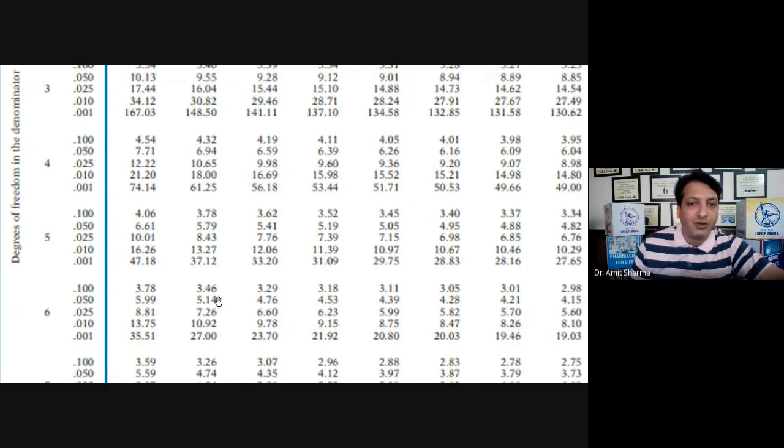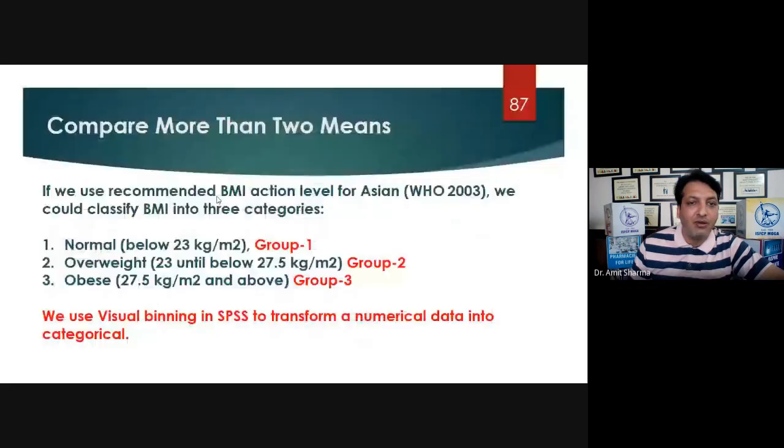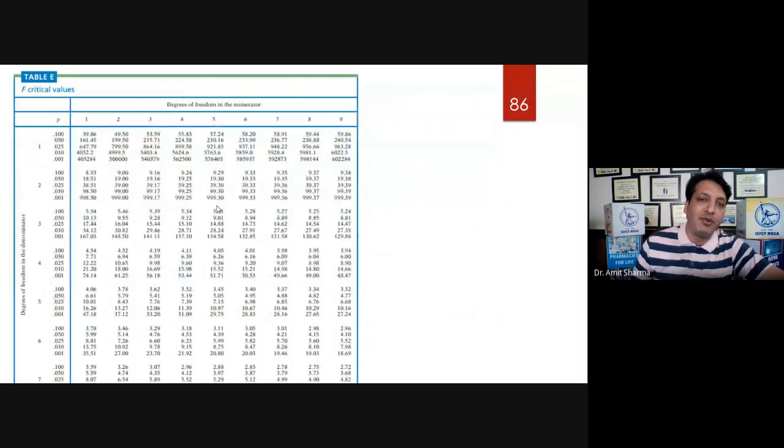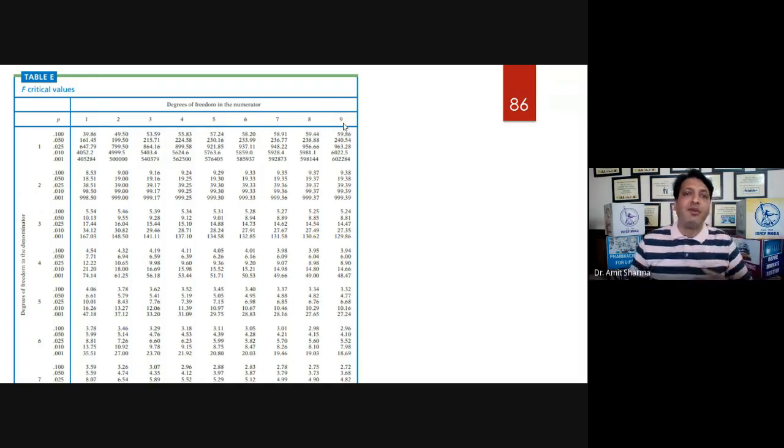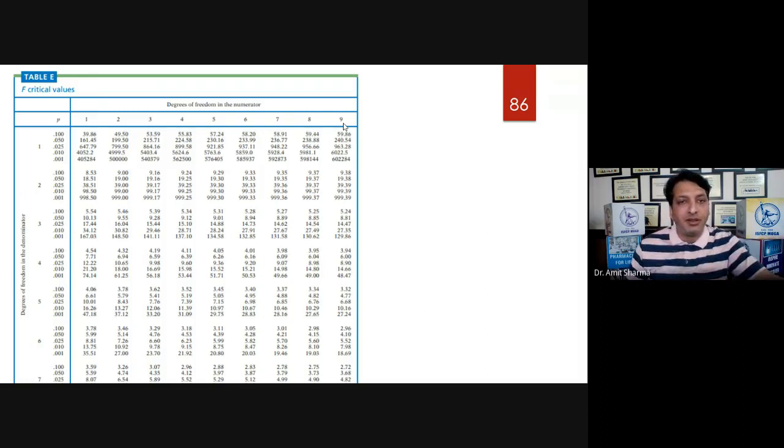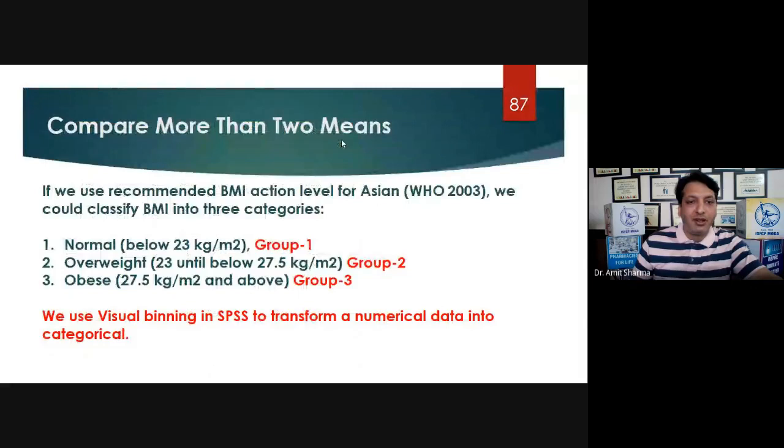Clear? So you can use this table, and you can download the F distribution table from the internet. It will be easily available. I have shown degree of freedom values up to 9, but whenever you search on the internet, you are going to get a big table where you will have values up to 30, 40, and 50 for the numerator and for the denominator also. So this F distribution table has more than 7 to 8 pages. So if we want to do it by SPSS, how to do it?